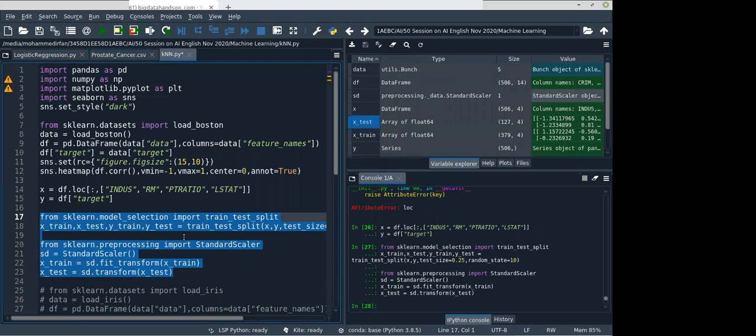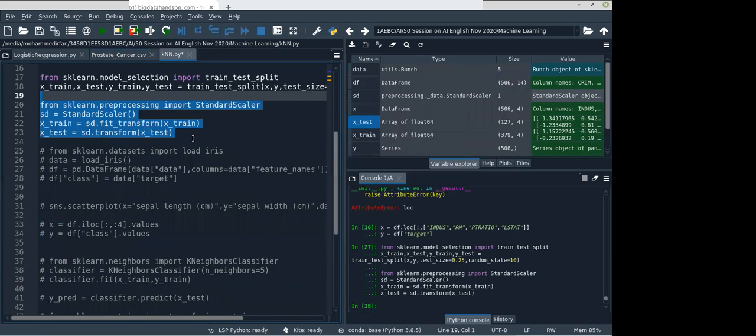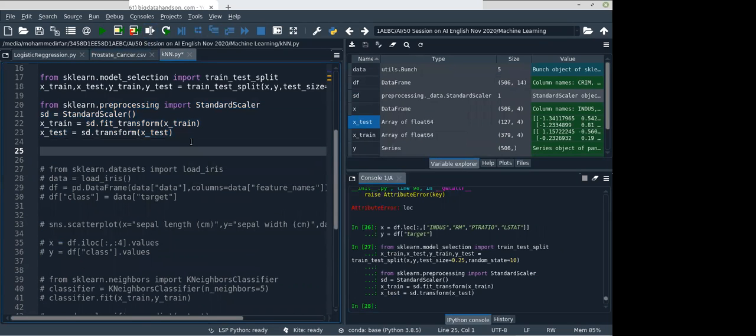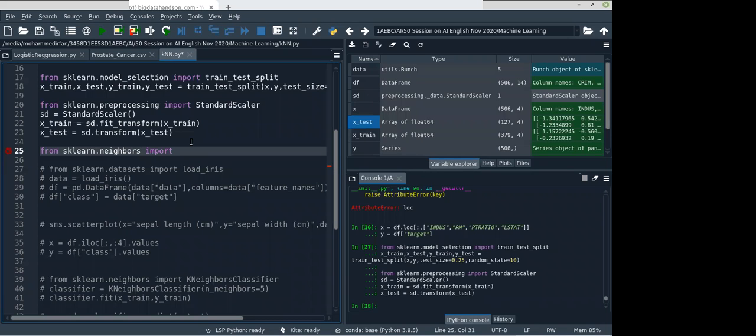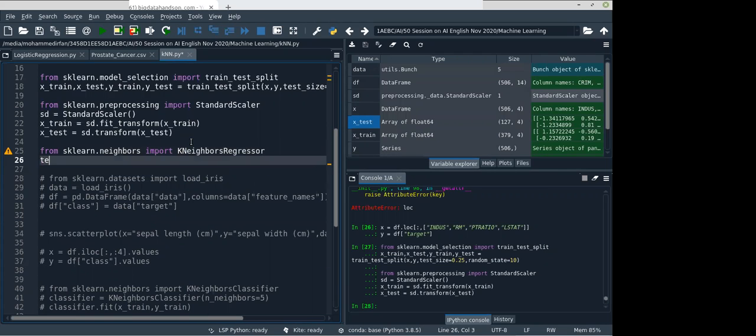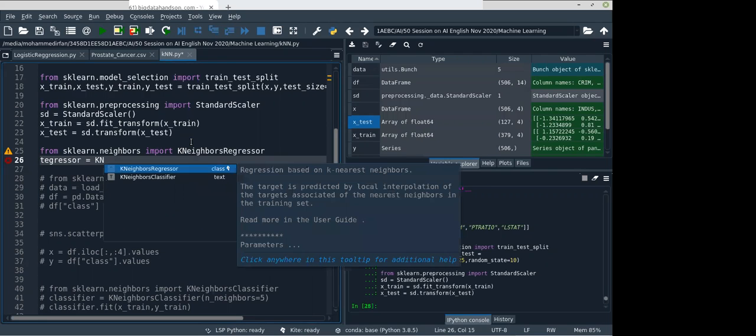So now it's time to build our model. So we want to import the class for the regressor. Inside the neighbors module, import the KNeighborsRegressor, and we want to create the object for that regressor equal to KNeighborsRegressor.